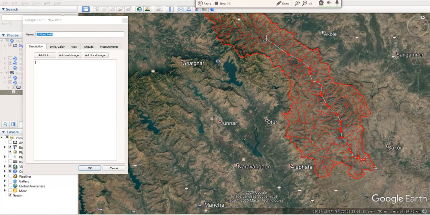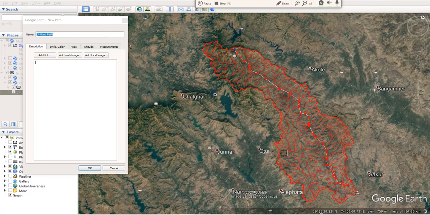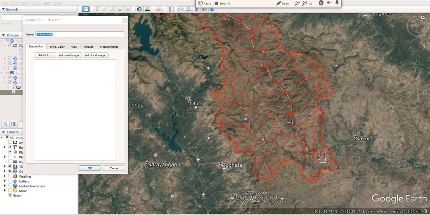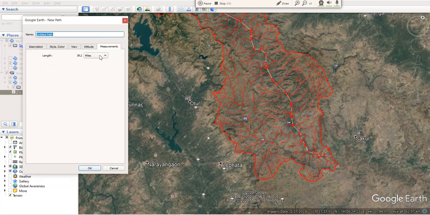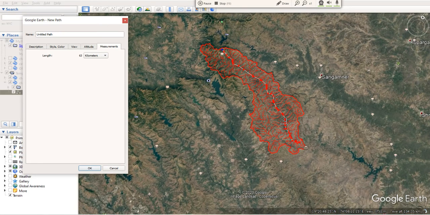And if we just take Strahler order greater than 8, then these many lines are not there, and the visibility is very clear in that case. I will show you that Strahler greater than 8 file also. Here the small streams are also located, so it may be a little messy. Here we can measure in kilometers: this line is 63 kilometers. The longest stream of this catchment is 63 kilometers.